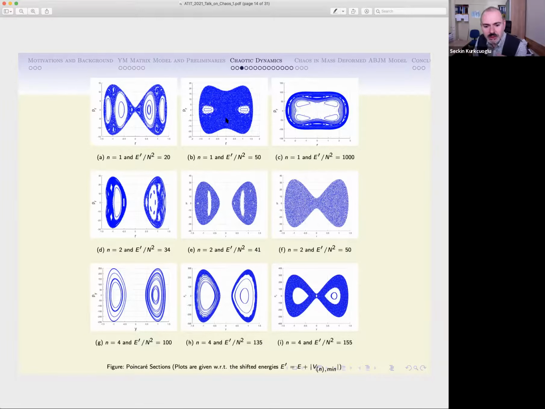And if you have a whole sprinkle of points, that means that you have chaos. And if you have these closed curves instead, that means that you have quasi-periodic orbits. That is the generalization of the periodic orbits to potentials which have quartic terms and so on. And such closed curves are also called the KAM tori in this context, which also has some very nice theory about those, which I will not go into at the moment.